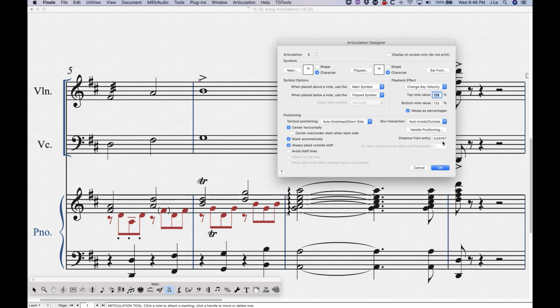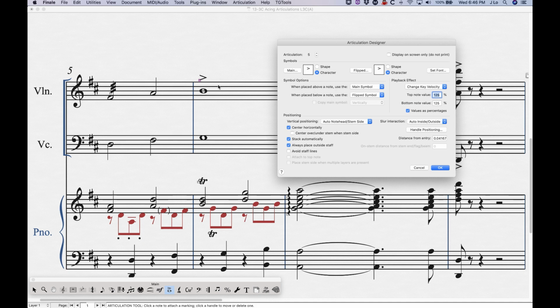Because obviously 0.04 would probably put the accent somewhere around here, and clearly placing it outside the staff places it outside that distance, right? So once that happens, essentially the handle gets moved from being away from the entry, and it gets moved to a position on top of the staff in this case,